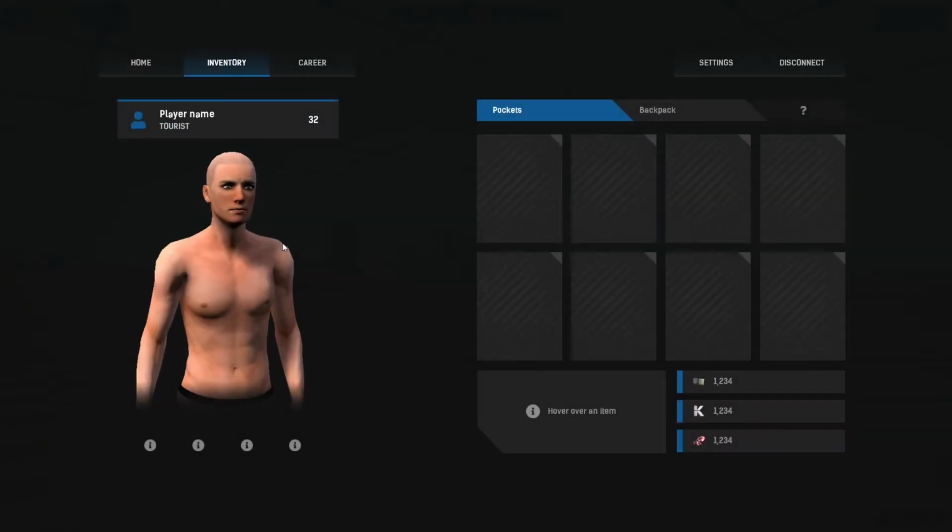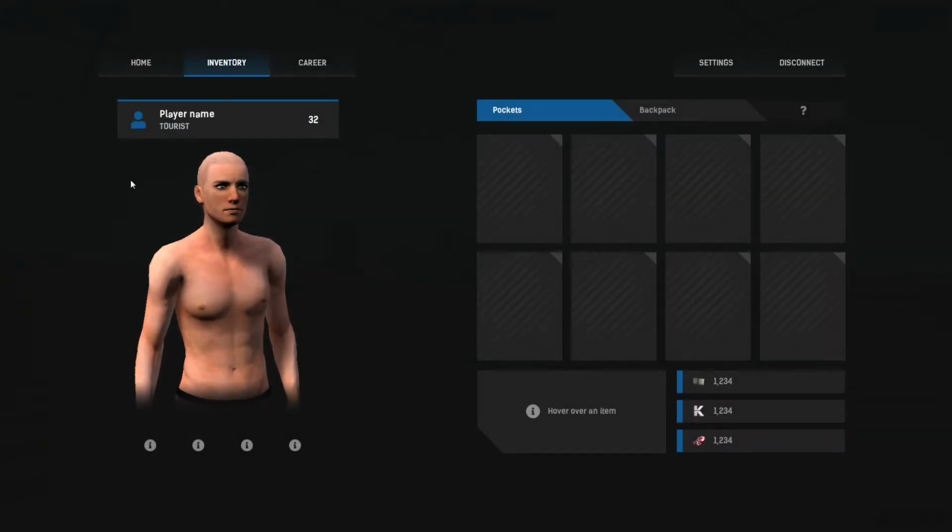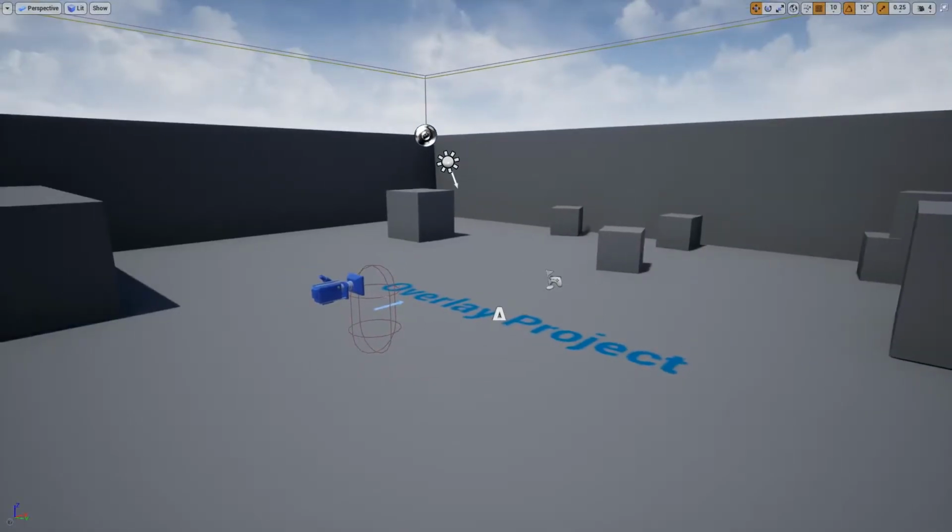Some games show 3D objects inside their user interface, and I think that's pretty cool. Today we're going to do it ourselves inside of Unreal Engine. Let's get started. So we're here in the first person template, and the trick behind this project is actually going